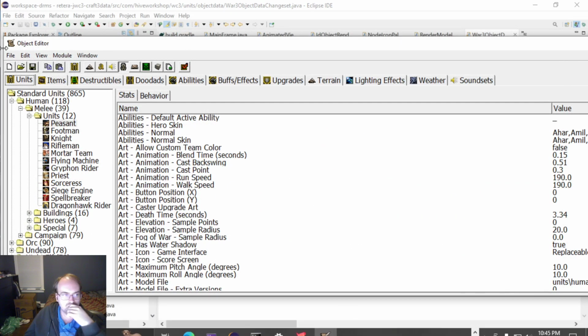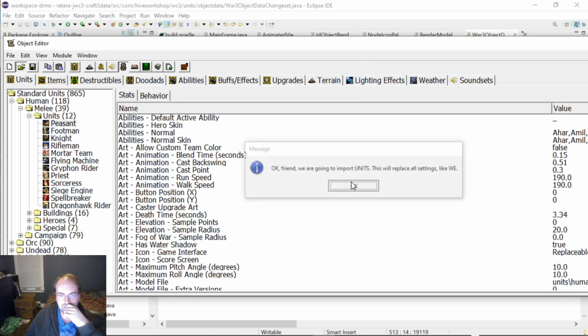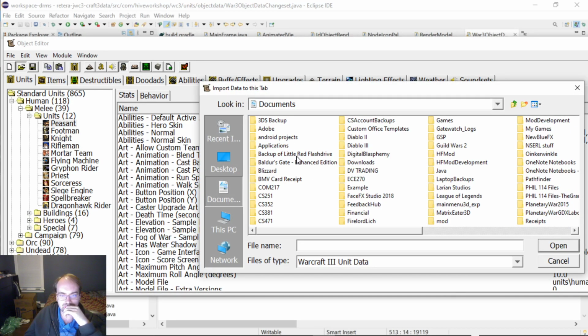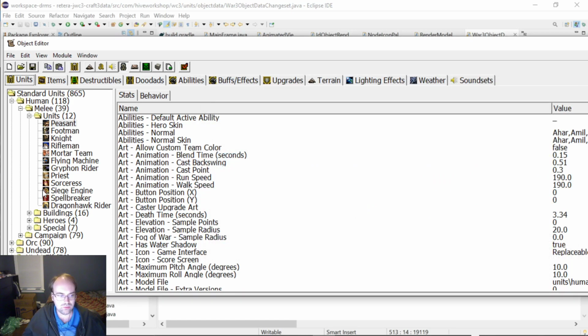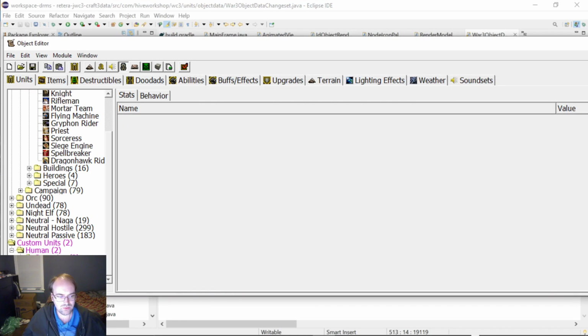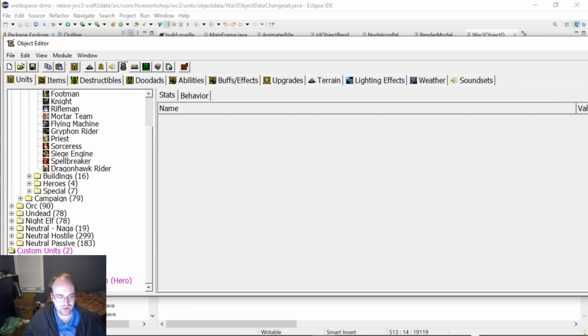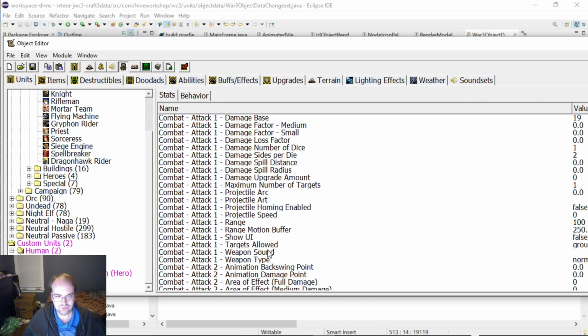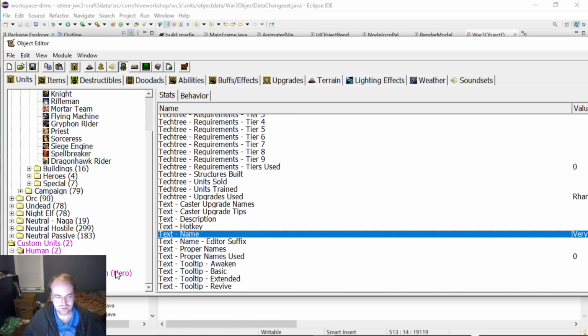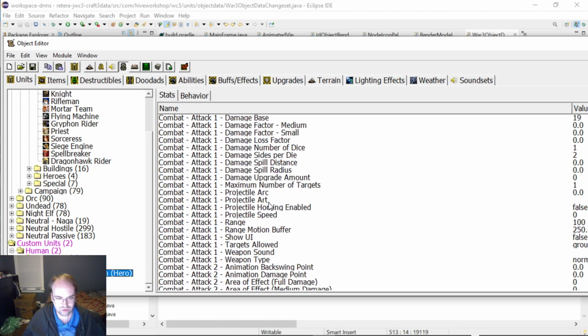Close the old one. Now, open the new one. This is the thing about open source, you know, if something doesn't work, you can just fix it. All right, open source map stack. Here we go. Let's get our custom units. Yes, okay, so this is my implementation of the object editor. And apparently, very free guy is not rendering his name correctly, but the hero version is, so we'll go with